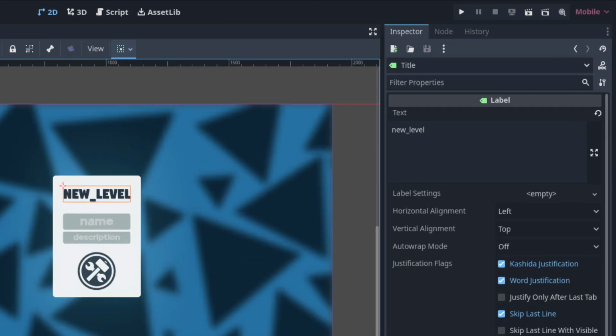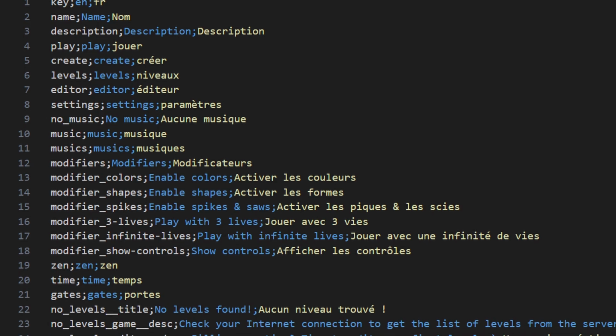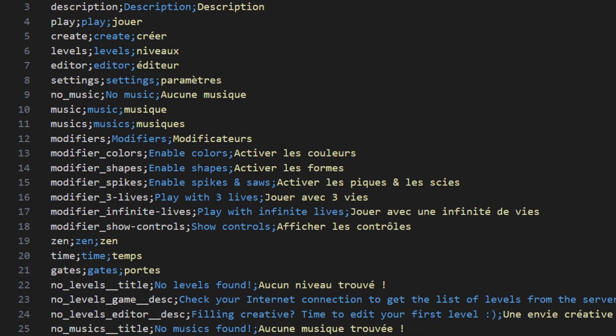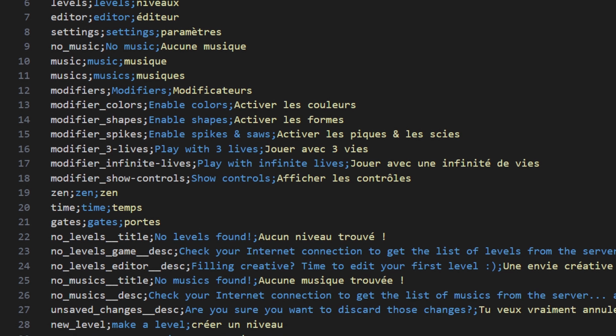So basically, I just have some keys in my UI and in my code, and then I have this big CSV file with the English and French equivalents for each key, and then it's auto-parsed by Godot and auto-injected in